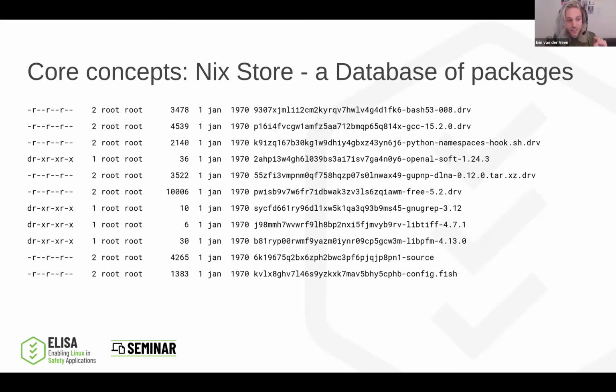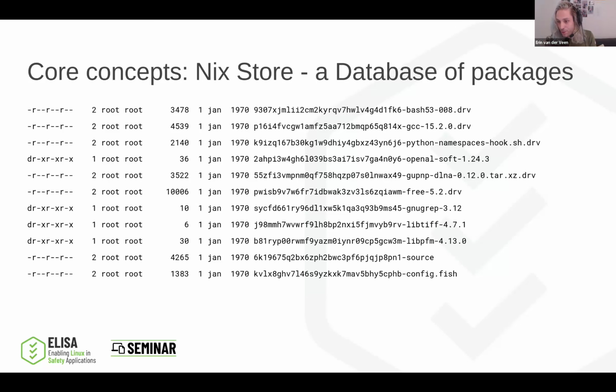Okay. Now, all of these are identified by this hash in front of them. Right. The hash refers not to the content of the package, but to the entire build environment that the package was built in. So it contains all dependencies all the way up to Nix packages bootstrap, which is OpenSUSE, I think. And it includes the source of the package. It includes the individual build steps of the package. Everything that's in the environment.